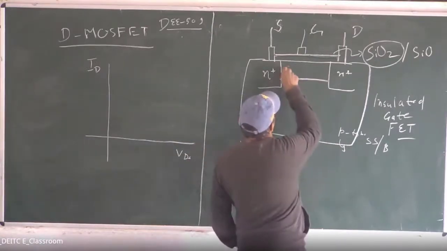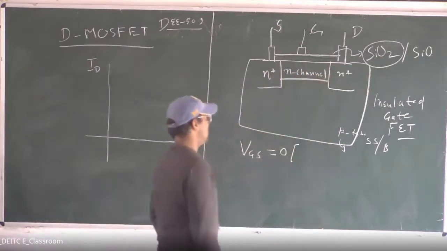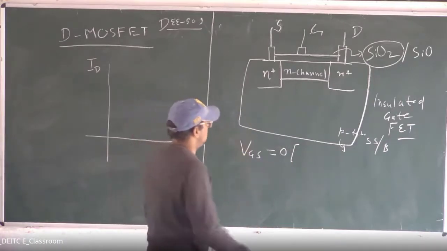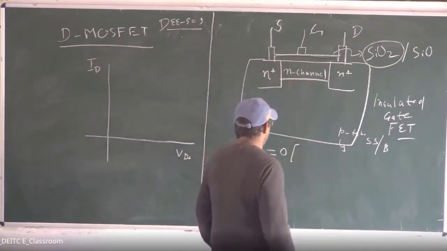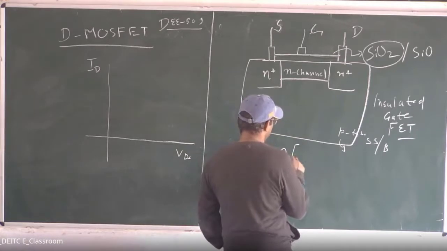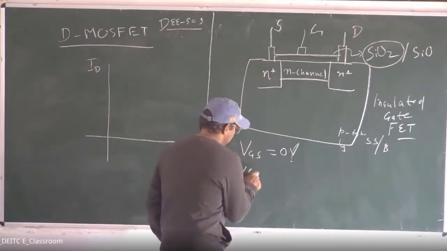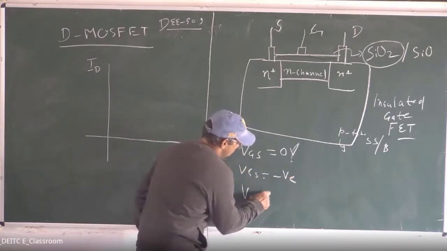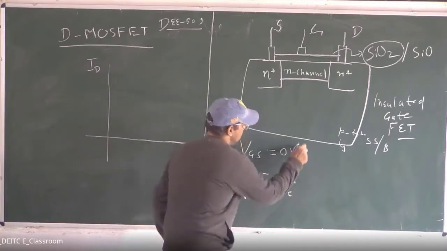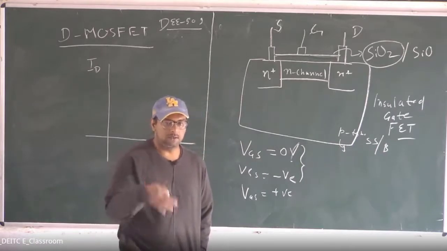So what we need to understand, when VGS equal to 0, we have discussed that this device is first an N channel, the channel is implanted. After the fabrication of all other things like this N plus region, this source, this drain, this gate, there are three conditions that we need to understand. VGS is equal to 0 volt, VGS is negative, and VGS is positive. That we will discuss today. These two conditions we have already discussed in the previous lecture. So I will revise so that the continuity is not broken.